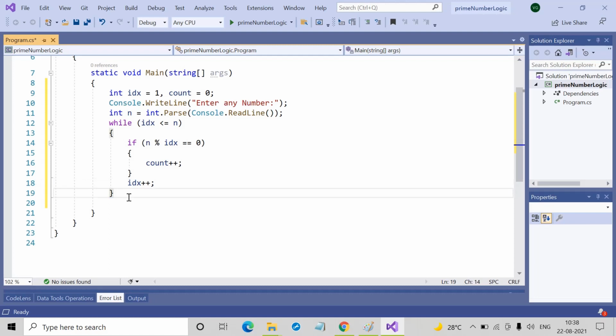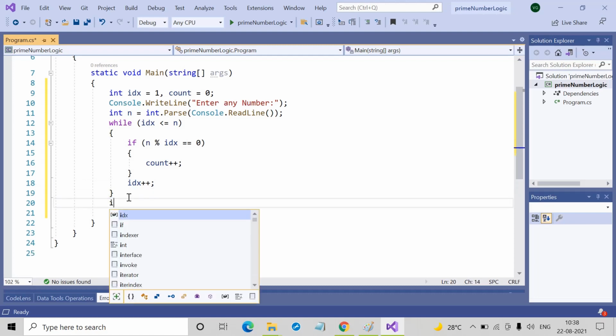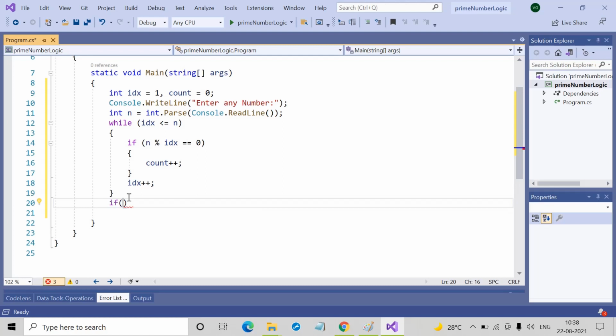This logic will be asked in any interview. If the user enters any number, we want to show whether it is prime or not a prime number. That time we will give some user friendly information to the user.